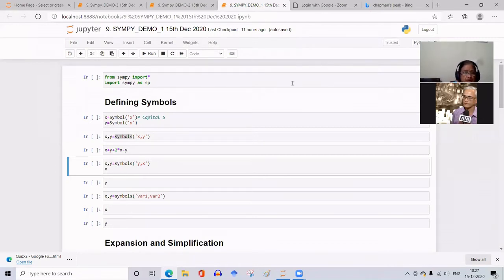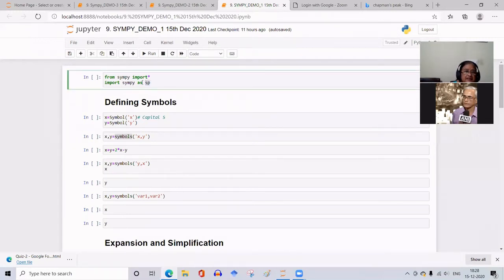Today we are going to see another library module of Python, that is SymPy, which is the short form for symbolic mathematics. To use SymPy, we have to import SymPy, and then we have to designate it with an alias name. Instead of using the whole of SymPy as its prefix for calling any functions from the SymPy library, the usual procedure is to take SP as the short form for SymPy.